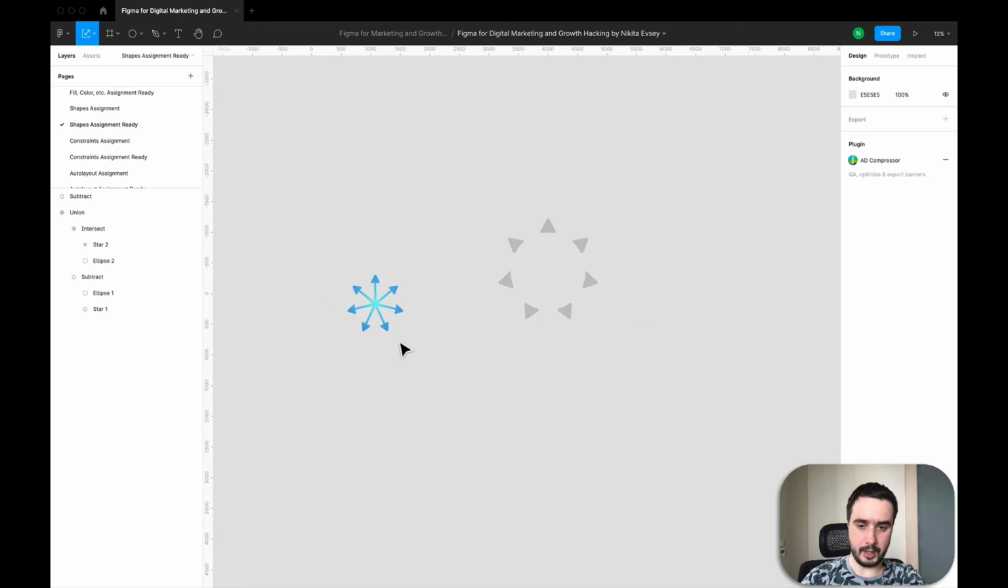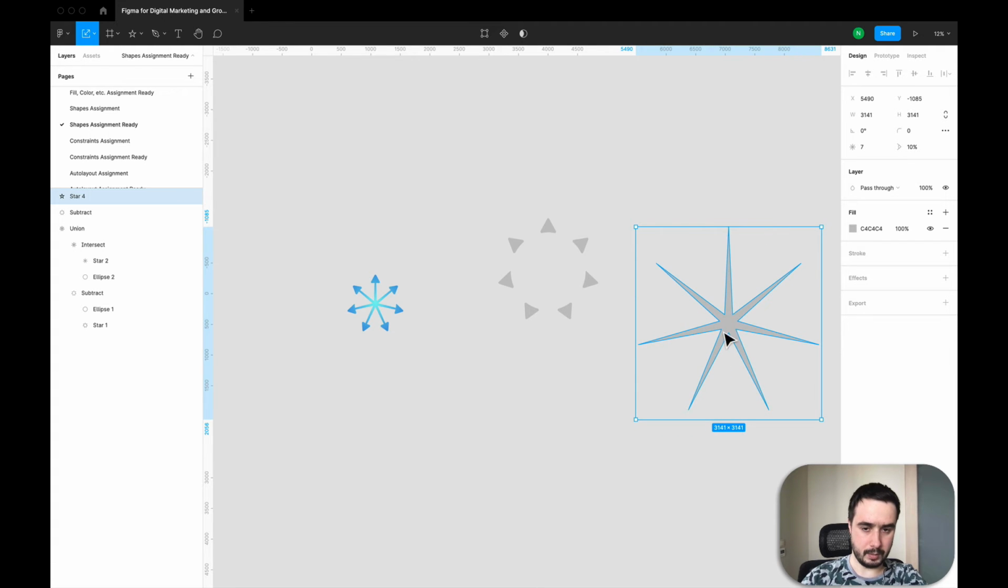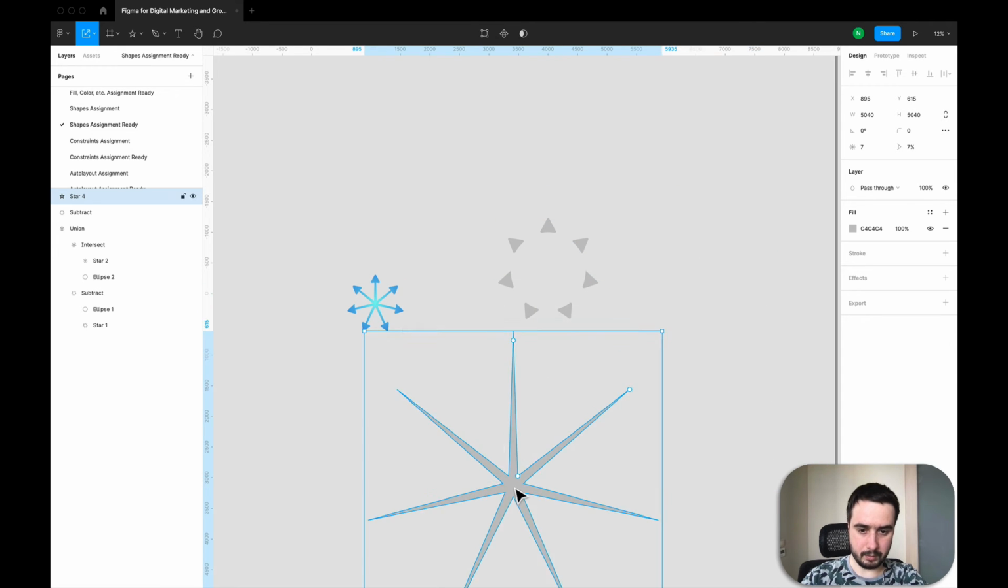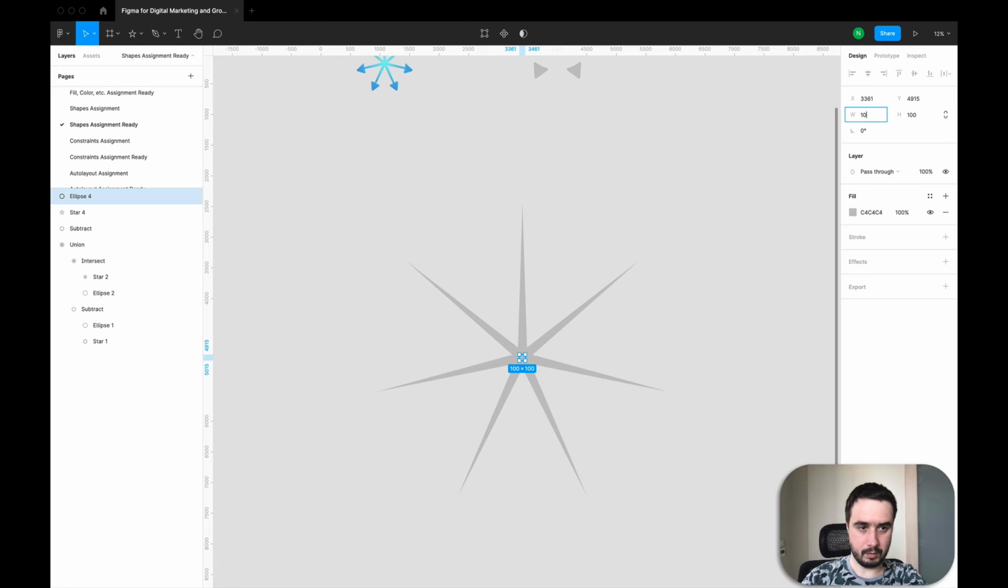Okay, and I have to create these beams. So I will create another star like this. It will have 7 beams as well, but this angle should be much smaller, something like this, maybe like this. Actually, no, maybe even like this. I can make it much bigger and I have to create one more circle, maybe